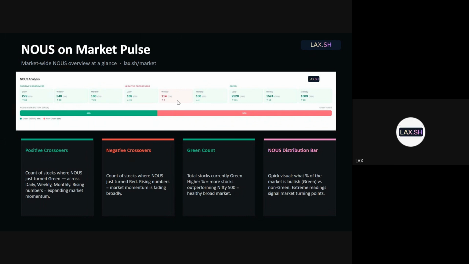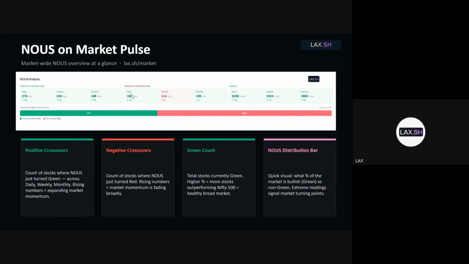No, no, no, no, no. That is not the right way. See, look at the numbers, okay? If you look at the weekly 114, it is saying that on that day 114 stocks in weekly turned red. And a day before, there were only 112 stocks which were red in weekly, I mean crossover. So there are two more stocks which have joined, right? So 112 stocks turned red in weekly yesterday, but today they are 114, two more, which means it is further becoming bad. That is why it is red.